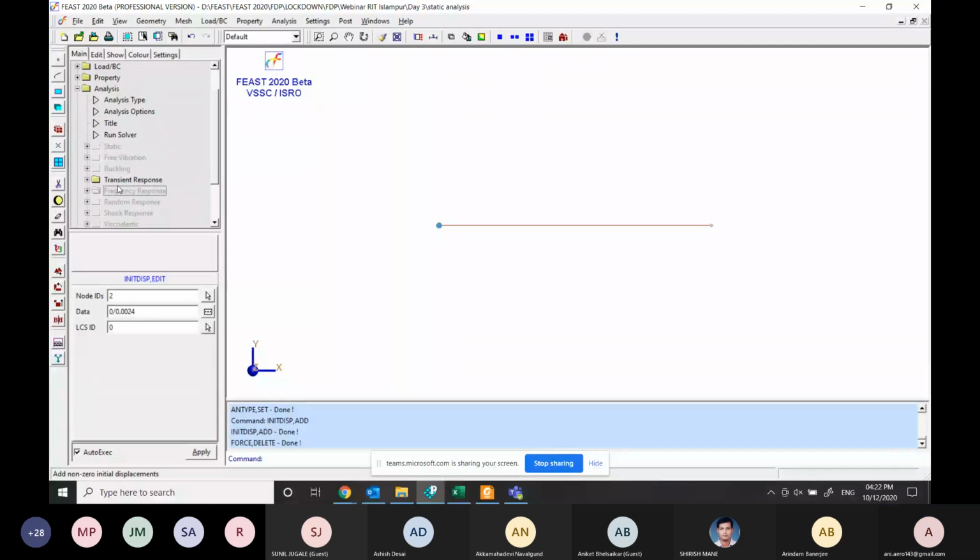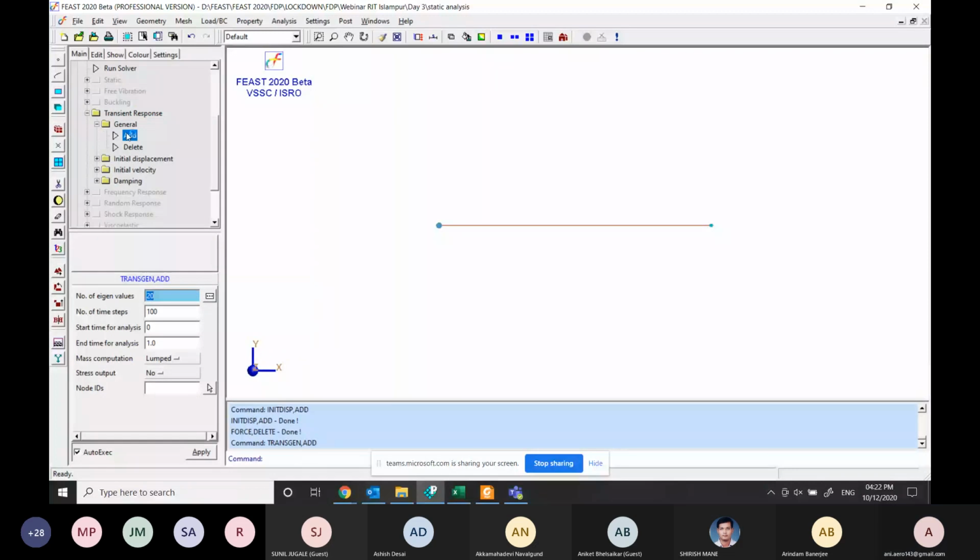Now, after applying the static deflection, we will give some general settings. General settings are nothing but number of steps. So how many steps are required in your analysis? In how many steps you want to solve? So I'll just keep it 100.